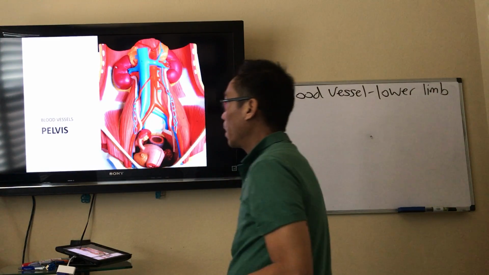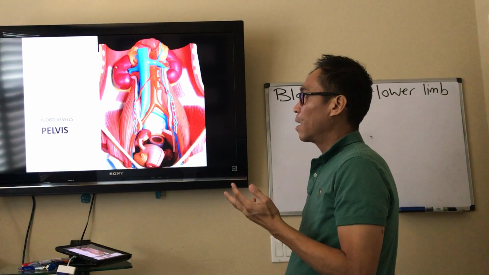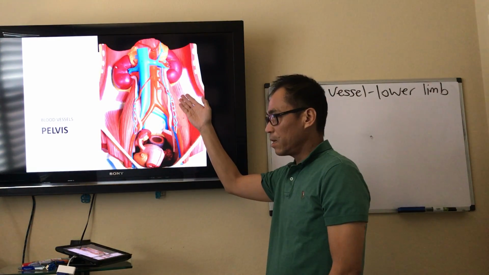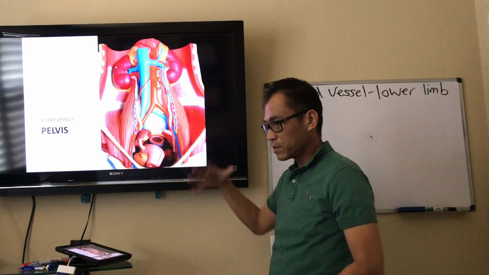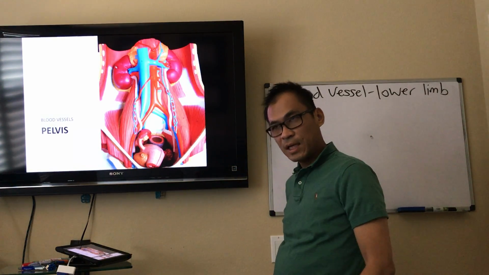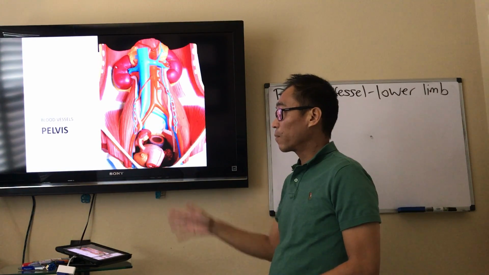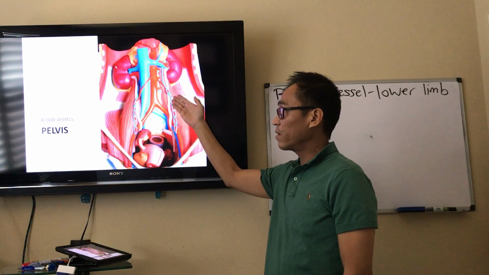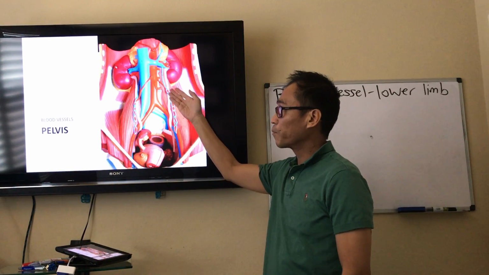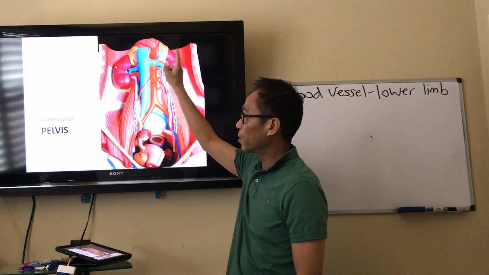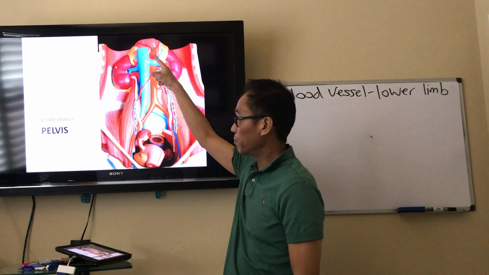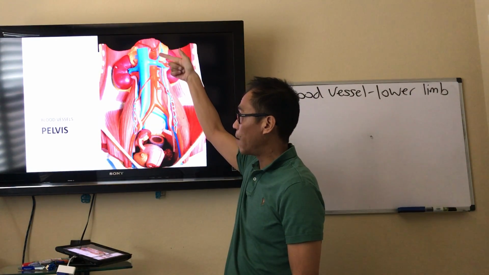To start, we have to go inside the pelvis, inside the abdominal cavity, to know how the blood vessels get out of the pelvis into the lower limb. Because that's where all the blood vessels are connected to the heart. They're in the abdominal cavity coming off the heart. Basically, we'll start here with the abdominal aorta. Okay, that's what we see here. The abdominal aorta